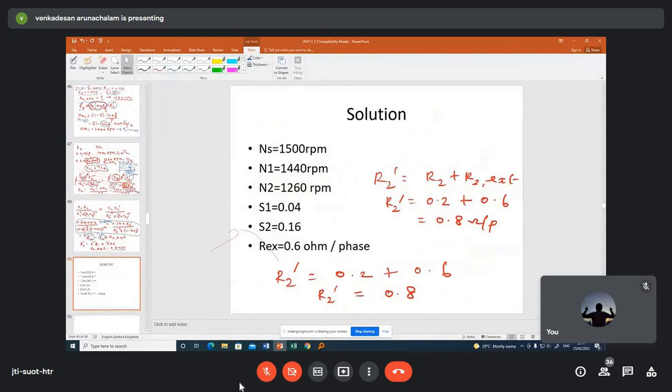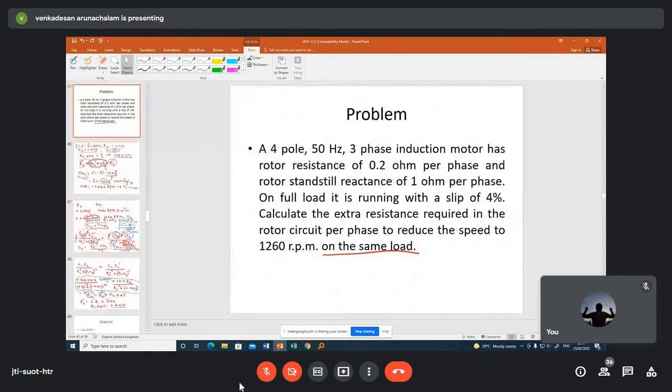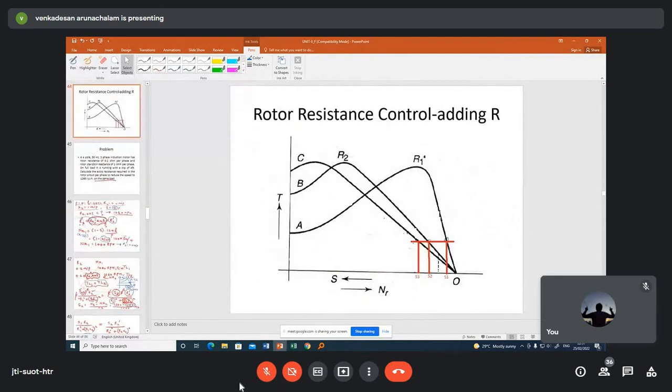So this is the solution, I have just written it here. This is all about your rotor resistance speed control method. The advantage in this is that you will get somewhat wide speed control range, because your graph is shifting from this direction to this direction when you add the rotor resistance. The maximum torque remains the same and the graph is shifting like this. Because of this, you get a somewhat wider speed control range when compared to the stator voltage control method,